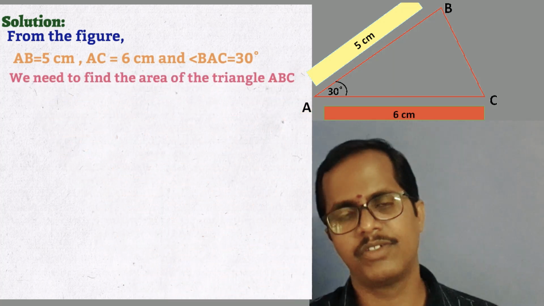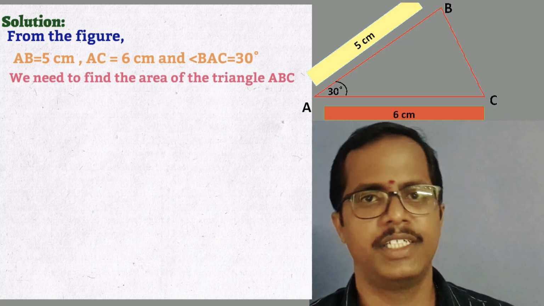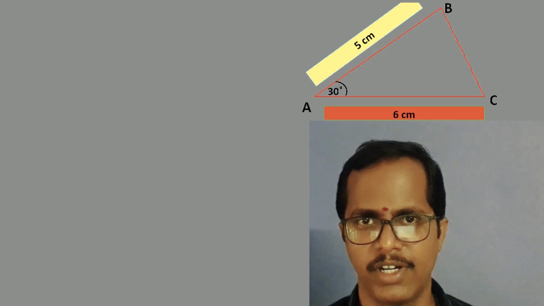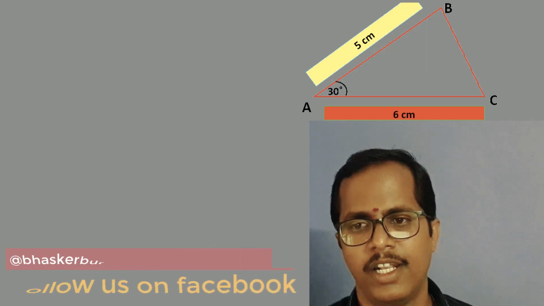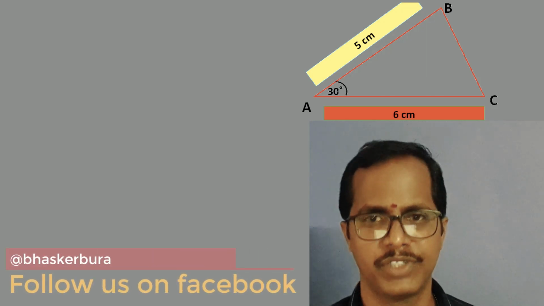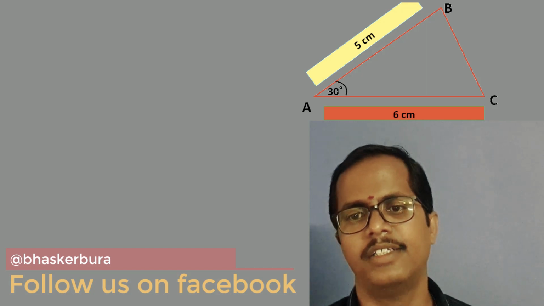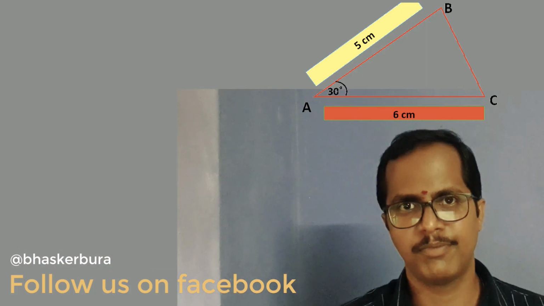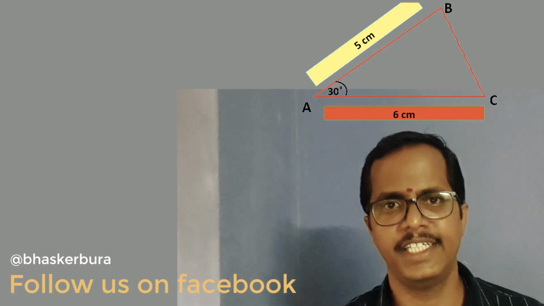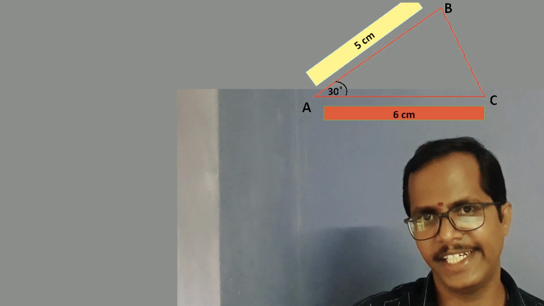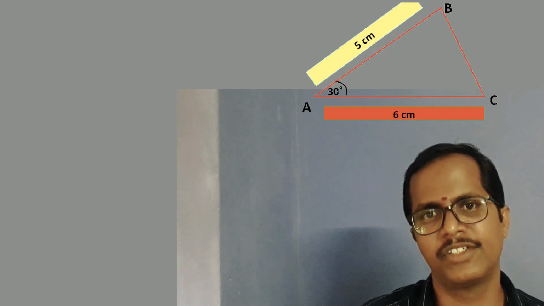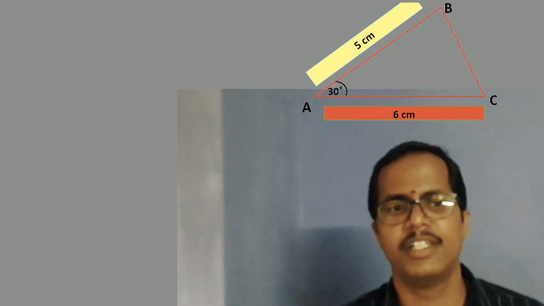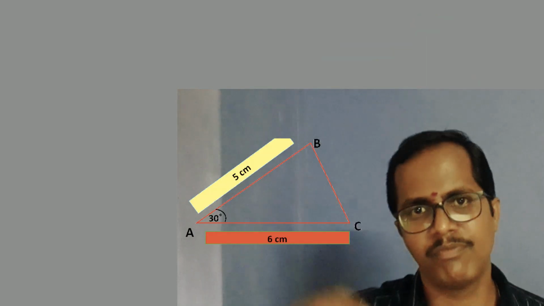We know very well, to find the area of a triangle, we need to use the formula half into base into its corresponding height. Now here if you observe, we have the lengths of two sides only, and out of these two sides we can use any one side as the base. So let's suppose we are using side AC as the base. For this side AC, we need its corresponding height to find the area of this triangle, but the height is not there. So let us construct the height from the vertex B.